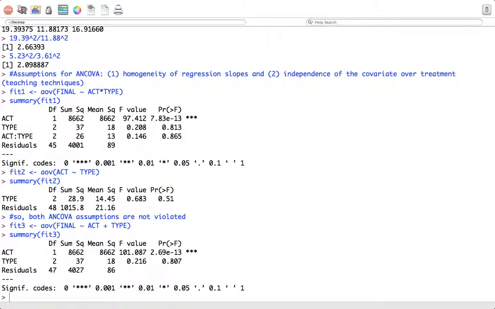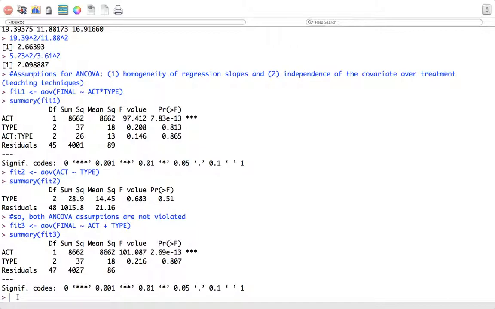And this is what I get. Now, what's going on here? Well, this calculation is dependent on which way we put the variables in. If I had put type in first and ACT in second, there's a good chance that I would get different